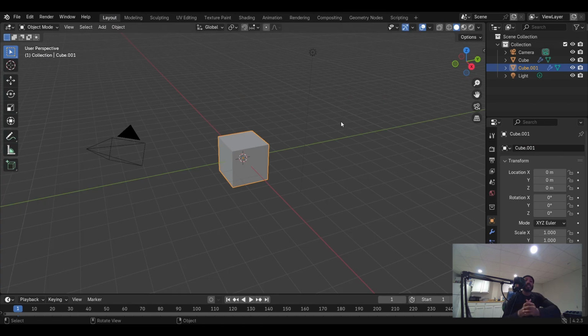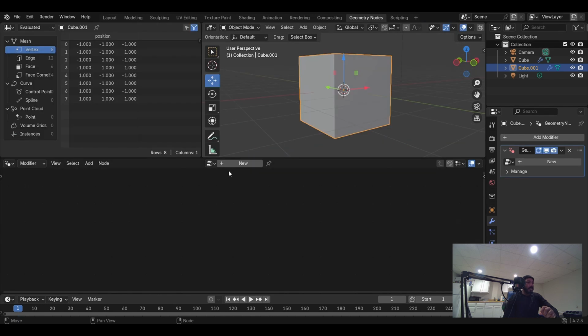Today we're doing proximity nodes. Let's get into it. Today we're getting straight into the meat and potatoes. So let's click new. Let's head over to the geometry nodes tab, click new, hit shift A,